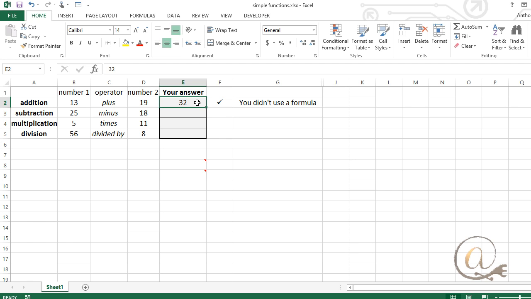What I'm actually wanting them to do, well, let's just check and see what happens if they put in the wrong answer. Here I've discovered that they've got the wrong answer and also that they didn't use a formula. What I'm hoping to be able to do is walk around a class and see whether somebody has actually used the formula, which would be, in this case, equals the first number plus the second number. And if we press enter now, we discover that we have got the right answer, 32, but they've also